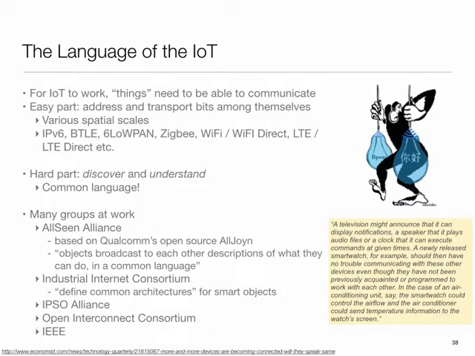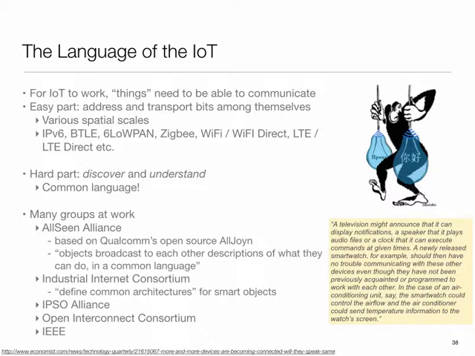What else? There are missing things also. There's a lot of work happening right now from the industry side on how these things should talk to each other. The problem is that everyone is making these devices, and they all pick different options, different APIs, different formats. So different devices at home or in a building cannot even talk to each other meaningfully. So there's effort happening at standardizing some of this.